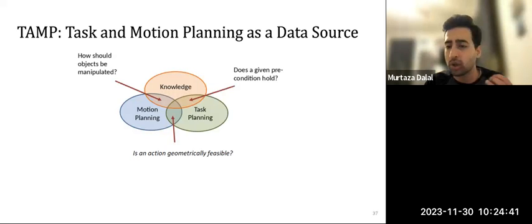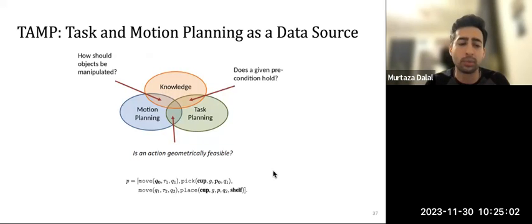So it assumes knowledge of the scene geometry, cost function for the task, and predefined action primitives. But then it can solve very long horizon tasks because the task planning component itself allows it to reason about events far into the future, while simultaneously reasoning about the low-level geometry of the task that it's considering. And so here's what an example plan from a TAMP system might look like, where you want to pick up and place a cup onto a different rung of a shelf. So you move towards the cup, you grasp it, move to the target location and place it. So this is what TAMP is.